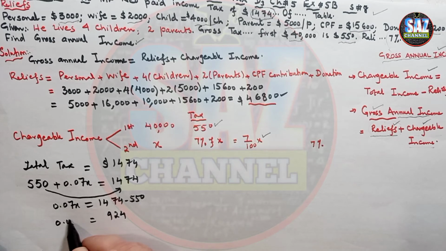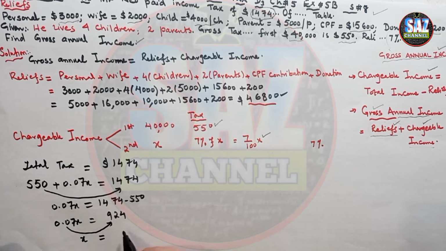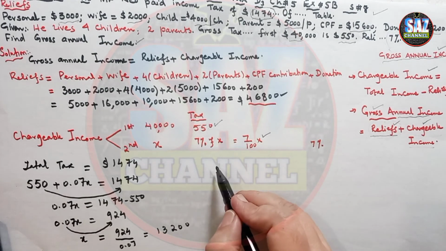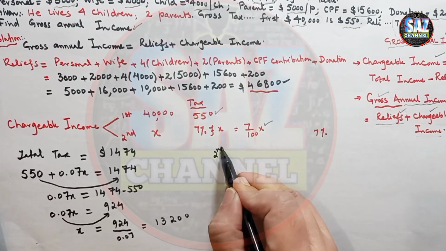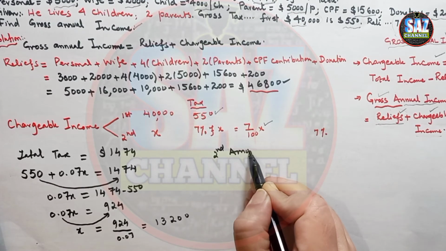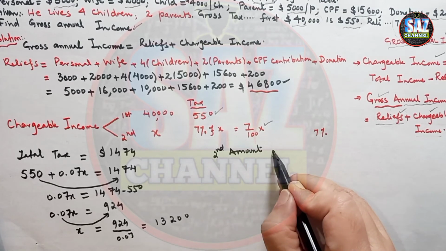And I need to get the value of x. So I have to shift this 0.07 to the other side, and the equation will take the form x equals 924 divided by 0.07, and this will give me $13,200. So the second amount on which he's paying the tax of 7% is